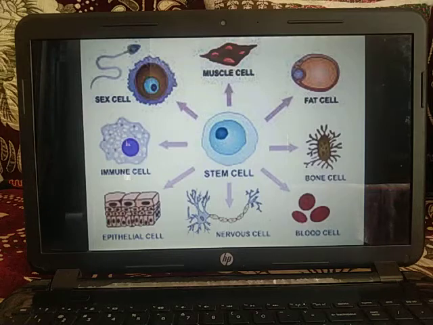Smallest cells are those of the mycoplasma. They have a size of 0.1 to 0.5 micrometer. Bacteria measure 3 to 5 micrometer in length. Viruses are still smaller. They do not have a cellular structure. The smallest virus has a volume of 7 into 10 to the power minus 7 micrometer